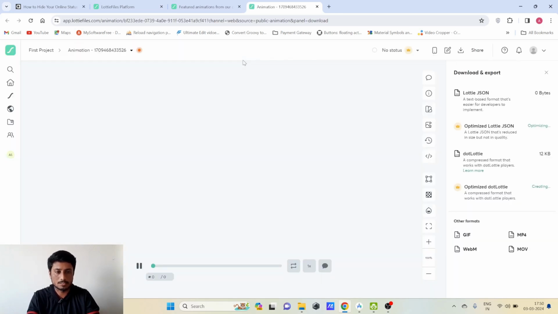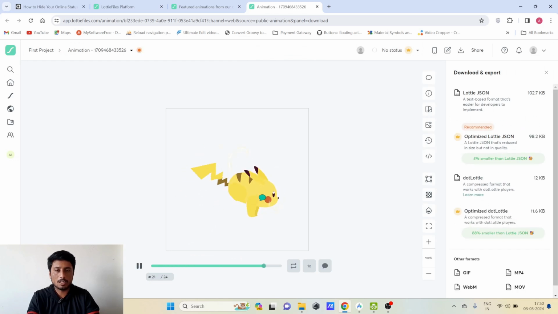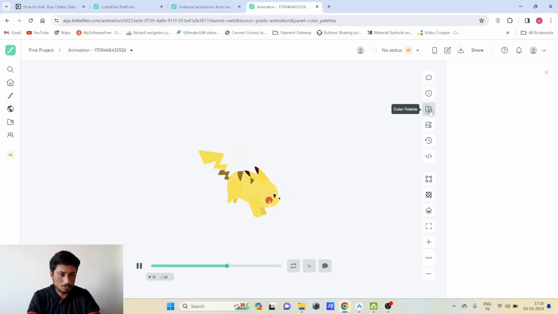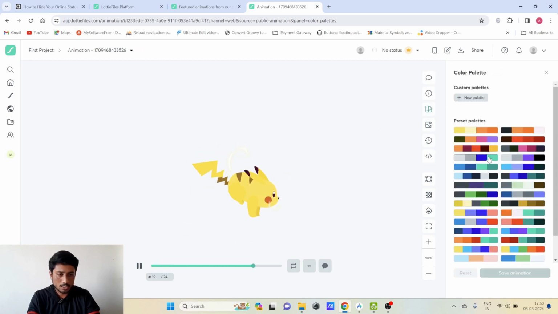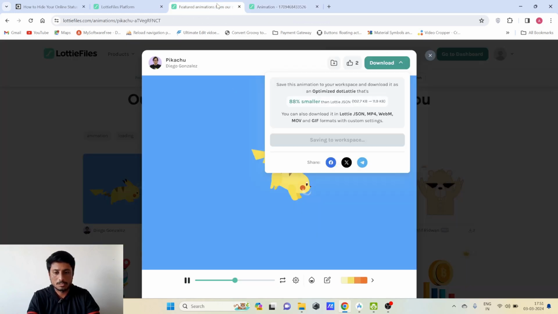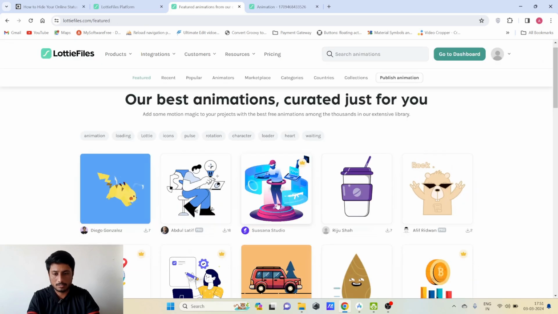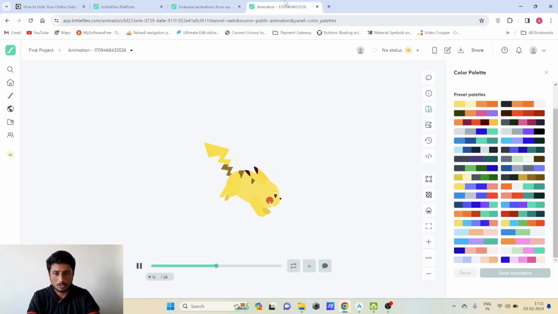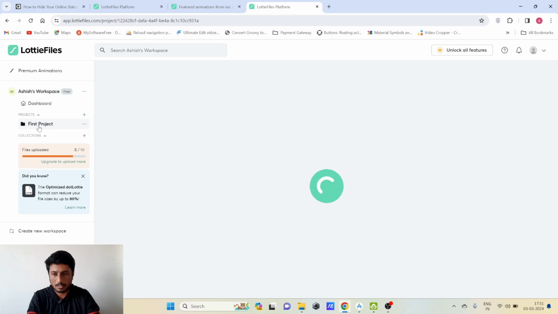that animation's details. So here we are seeing the animation, and we can customize it here. Like we can customize the background color here. Here we have different color palettes, so we can click on these different color palettes to change the color. For some animations there are really small changes which we can't notice, but if we choose another animation like this one, I have some already in my